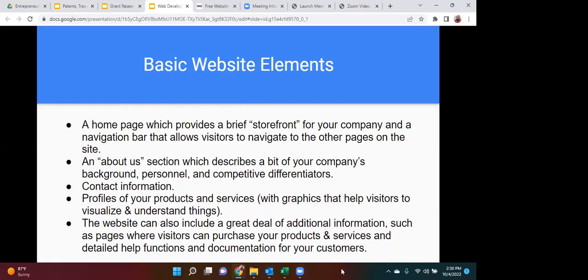Okay, so there's really 4 things that are critical for any website, and those are the first 4 bullet points here. You've got to have a homepage that is the entry to all the rest of the pages. You've got to have an about us page. You've got to have a contact information page, and you've got to have at least one area of the website, sometimes cascading in different categories, that profiles all your different products and services. The 5th bullet point here, there's all kinds of additional things you can do,